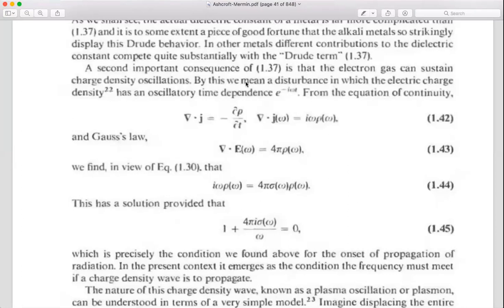I have not recently read this part, so I am just looking at these expressions. What I see is that all that they have written are for the electrons. There are no discussions about the positively charged ions at all. Apart from that, the electrons collide with them occasionally. They don't even come into consideration. Yes, the entire discussion is on electrons, and this electric field that they are talking about in equation 1.43